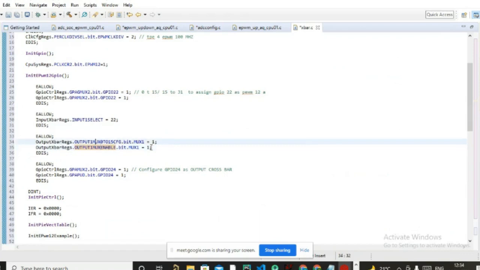And why is it output 1? Because we are selecting input 1. So input 1 should be connected to output 1, input 2 should be connected to output 2. This way you can route your signal, which is GPIO 22, onto GPIO 24. Onto GPIO 22 you are generating a